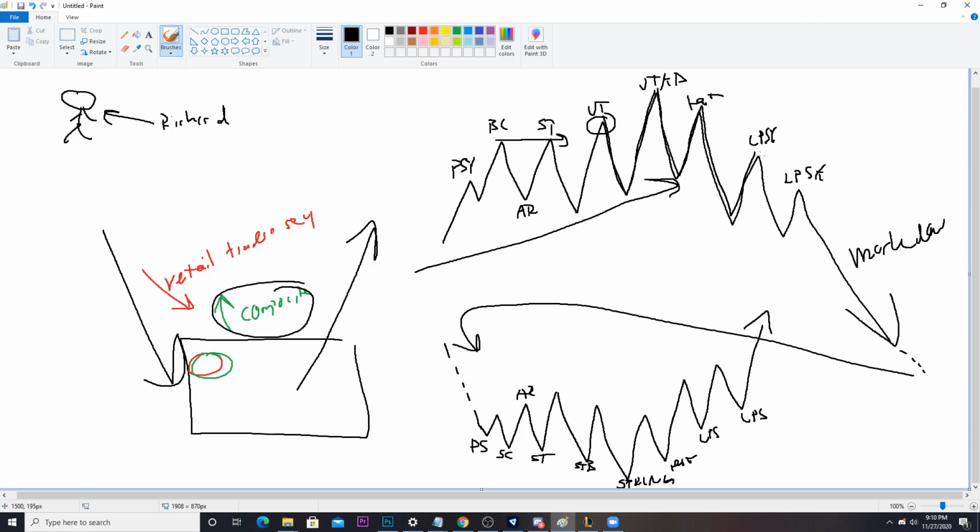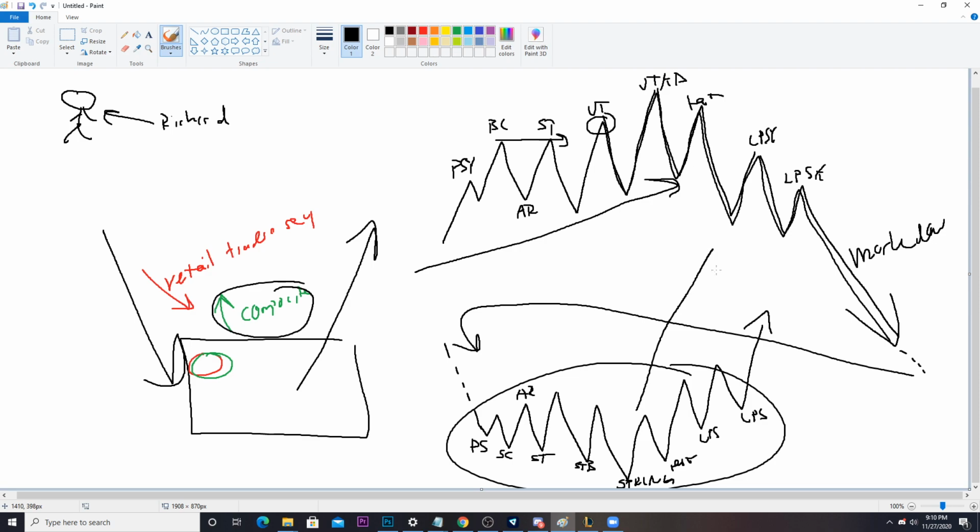We start testing areas in here, making lower prices, and then we start taking off as we've grabbed all the liquidity that rests below these areas, right? As we go much lower, people still think there's an uptrend until we get all the way down here, at which point they start seeing the downtrend, right? And they get very confused, and all of a sudden, price starts to accumulate and go higher.